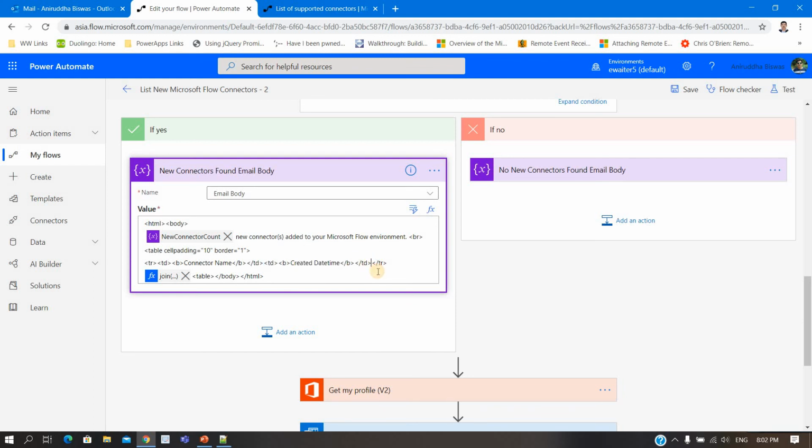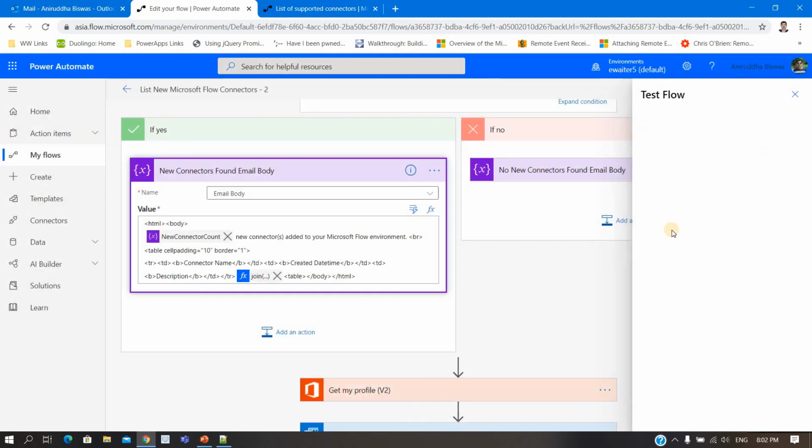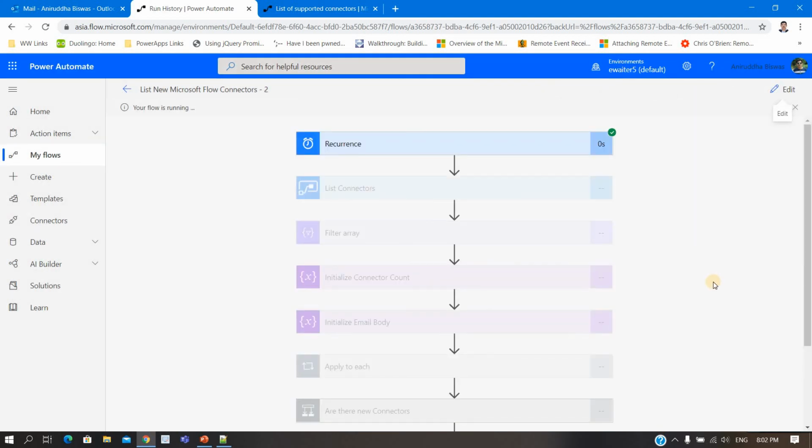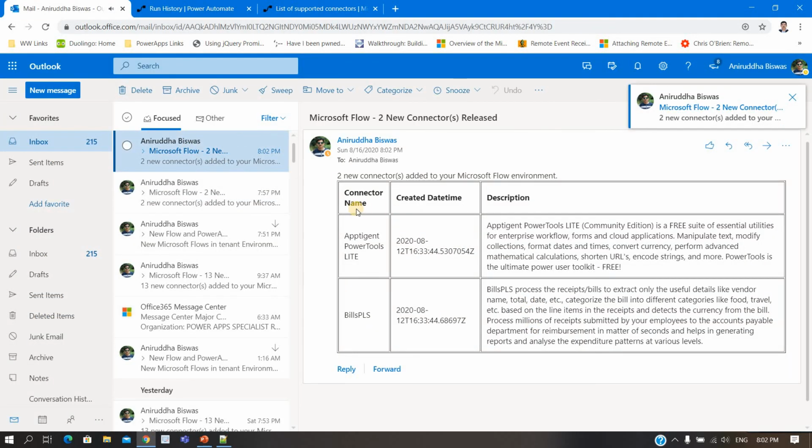I'll take the TD, paste it here. Now there will be a description. Okay, I will save it and run it. So now what I got is connector name, created date and time, and description.